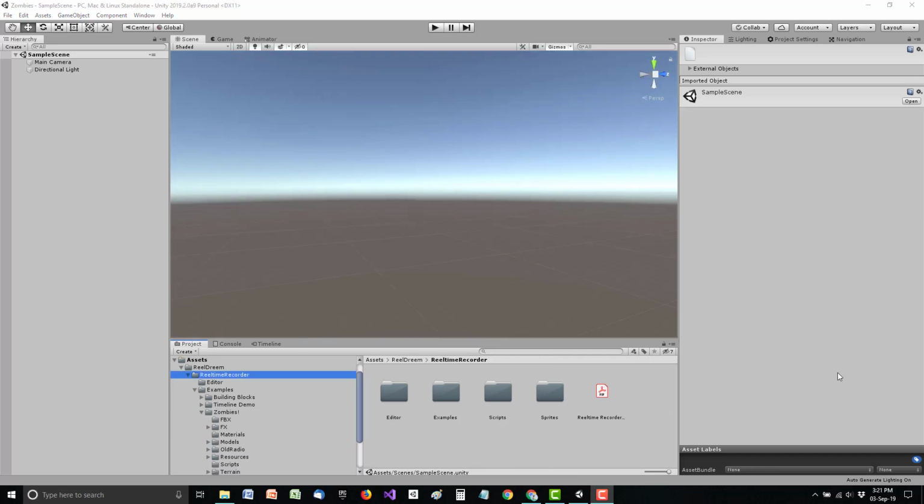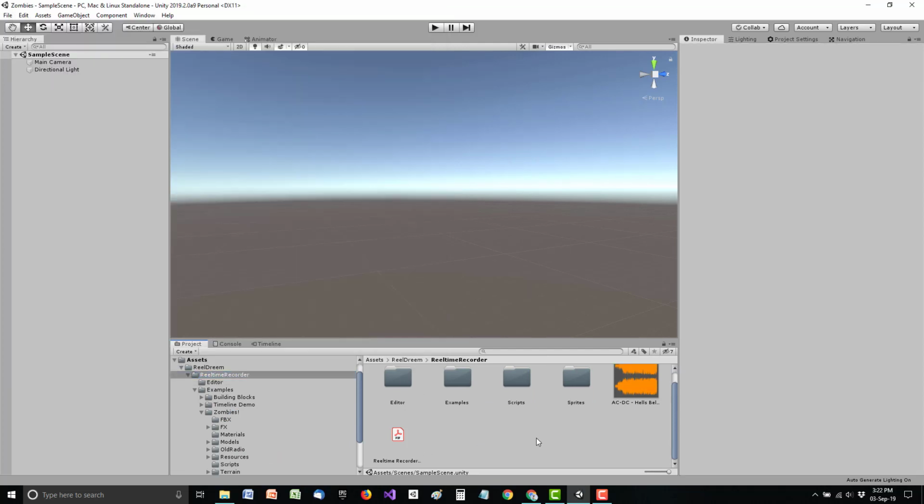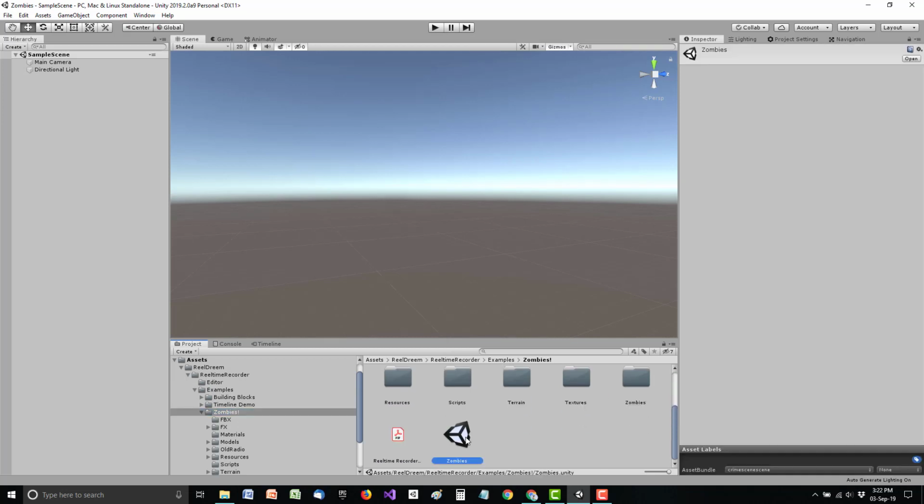Before we can properly get started on that example, you need to do one thing if you want to have the full experience, which is that the music itself is not included in the project, and you need to drag and drop it into the project if you have it. The song is AC/DC Hell's Bells. You put that in the resources folder of the Zombies project, and then you have to open the project, go to Zombies, open the scene,